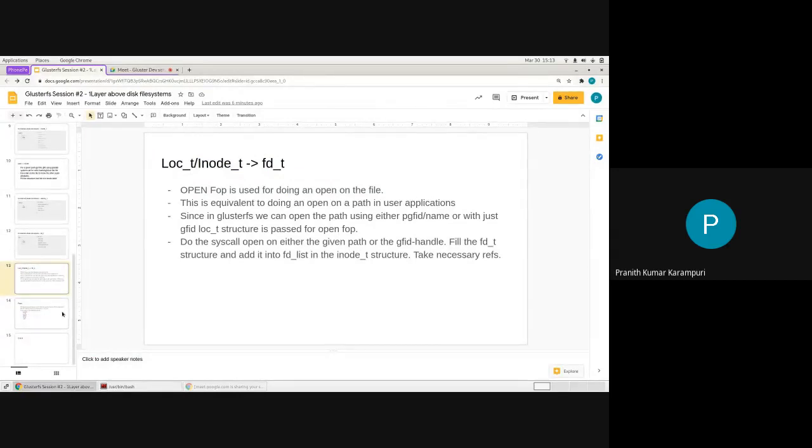Once you have either an FD or a LOC, any operation is going to be about how you are taking the FOB and converting it into the system call on the disk, handling all the special cases that are there.